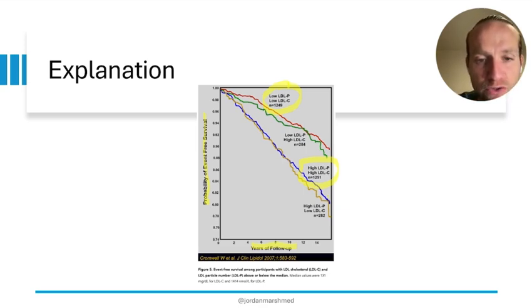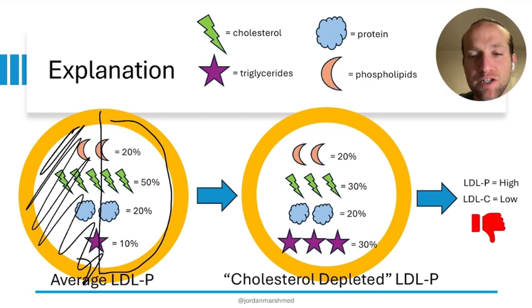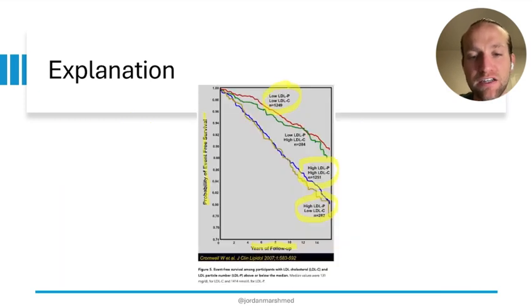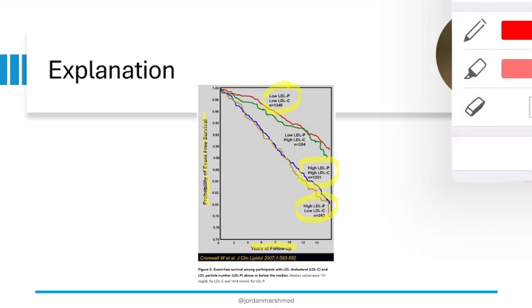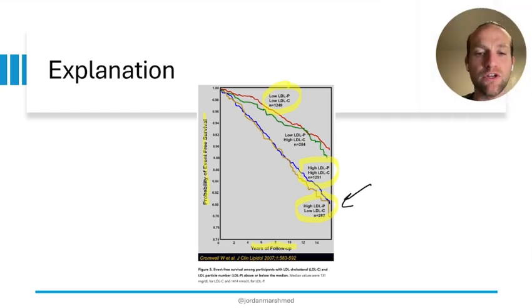This discordant group also had more of a chance of cardiovascular events that could lead to issues for them. And N is equal to 282. As you can see, there are not as many people that have this issue, but this is exactly what we're describing in a cholesterol depleted particle. This is exactly what I was describing here. They have high LDLP and low LDLC. So these people on the very bottom, I'm going to give it one more arrow for you, these people on the bottom, they have low LDL cholesterol.